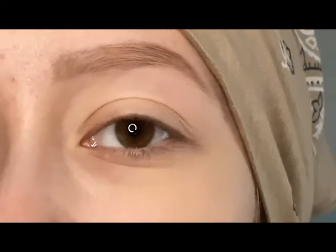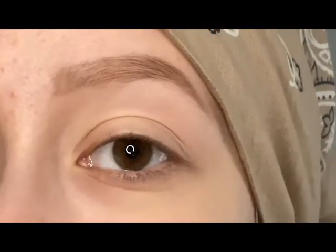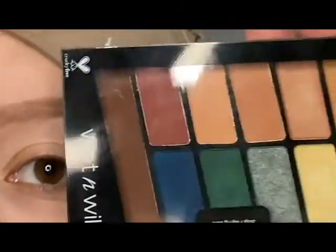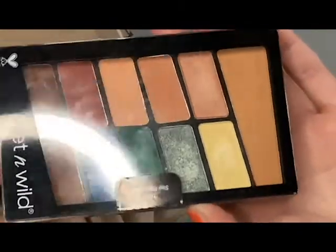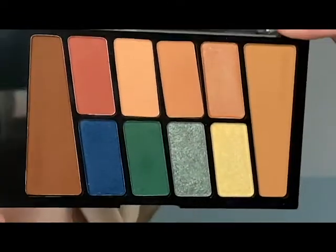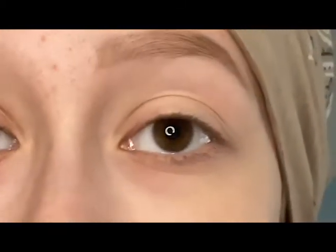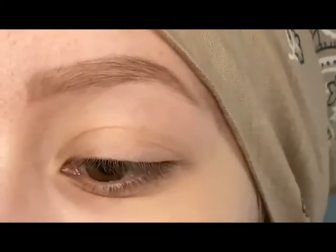So today is going to be a new testing makeup video, and today I'm going with a Drugstore palette. This is the Wet n Wild 10 pan palette in Stop Playing Safe. So here is what the color story looks like. I think this is such a cute color story and I'm so excited to test it out for you guys